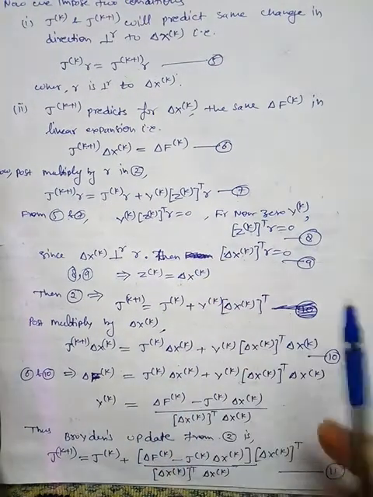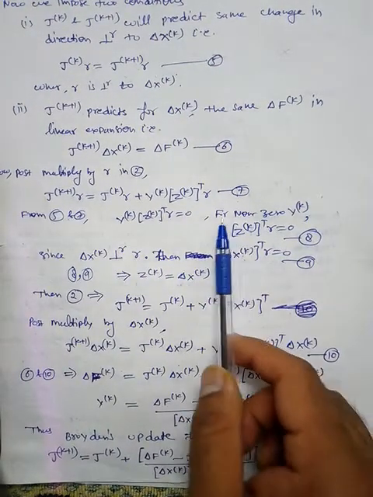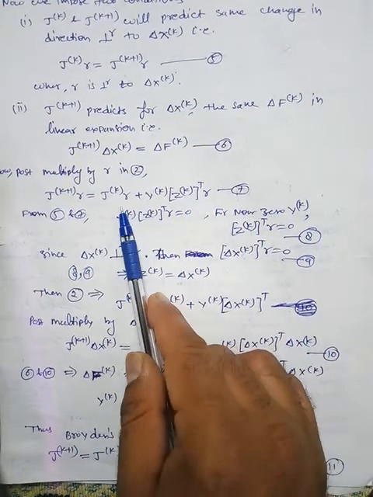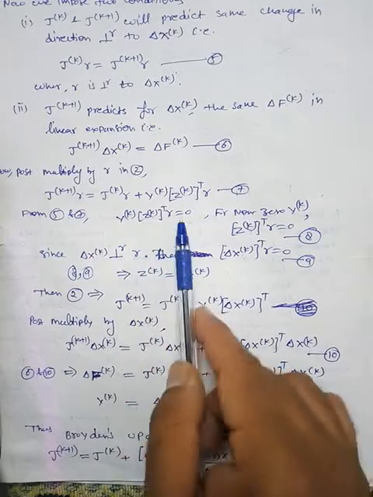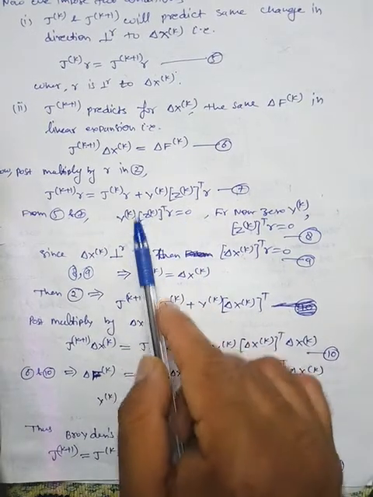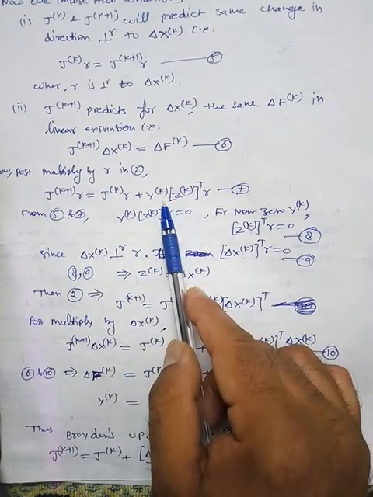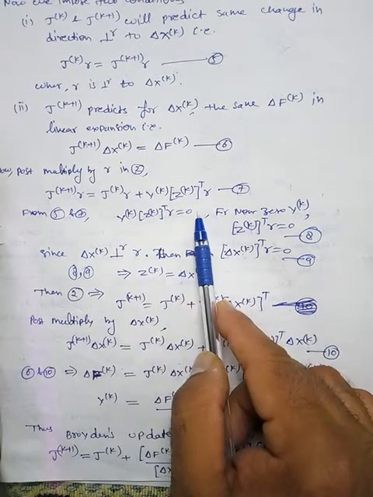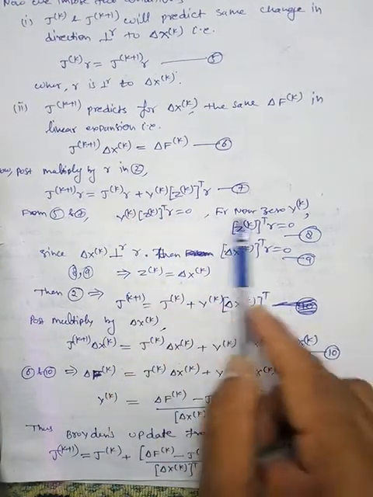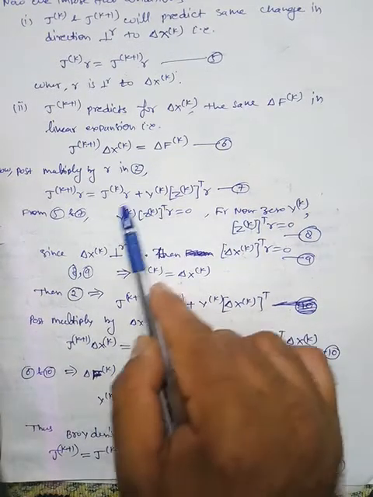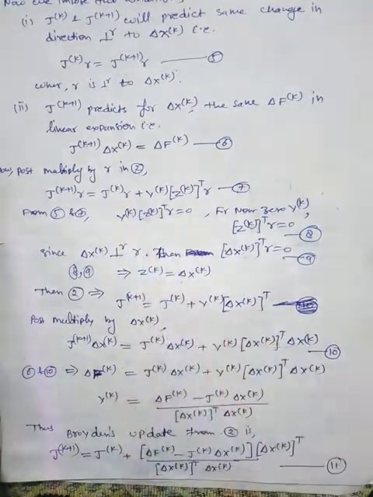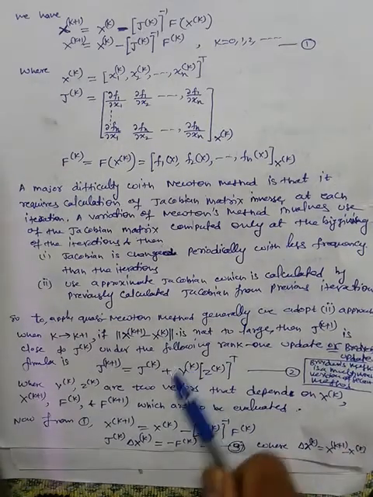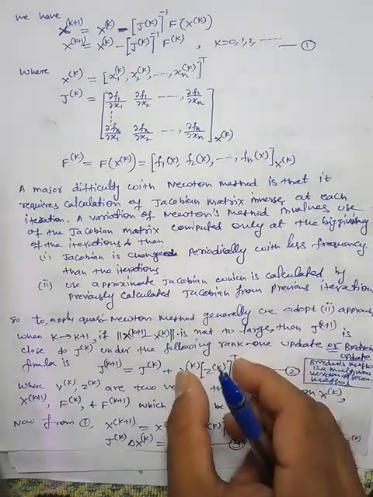So this implies, now if yk is assumed to be a non-zero quantity, then this product zk transpose r should be 0, because either this factor is 0 or that factor is 0, that's why the product is 0. Since we have taken yk as non-zero, because if we take yk as 0, then what will happen here? Yk is 0, so ultimately this quantity will be 0.